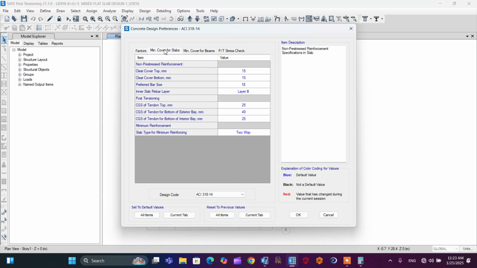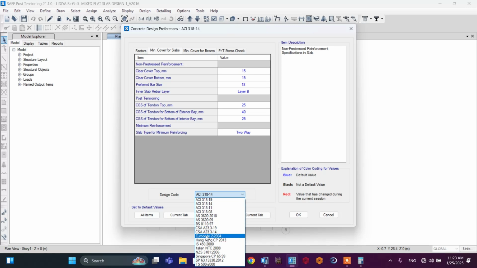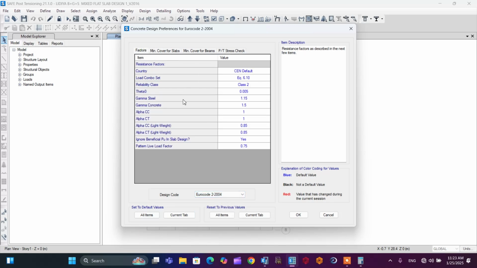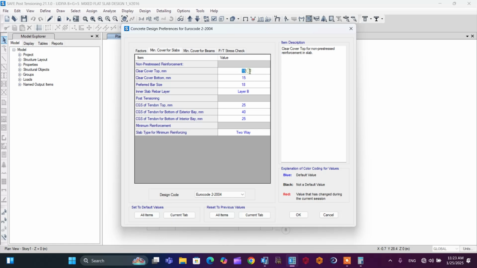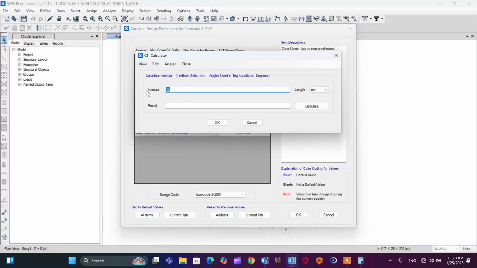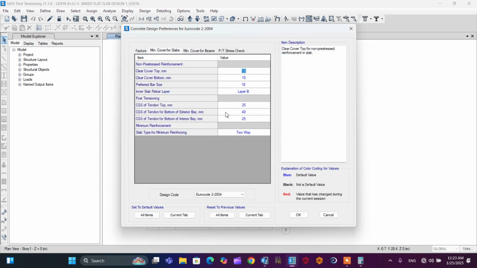From here, you have to select your design code and some parameters here, so the minimum, that may be a concrete cover and other data. To do this, first you have to select your design code as Hong Kong Code 2. So all the factors are changed like this. You have to use the default values of the code. The minimum concrete cover, you can change this data to any value that you want. It may be 25, the concrete cover value, but it's better to use it as it is. So you can proceed to